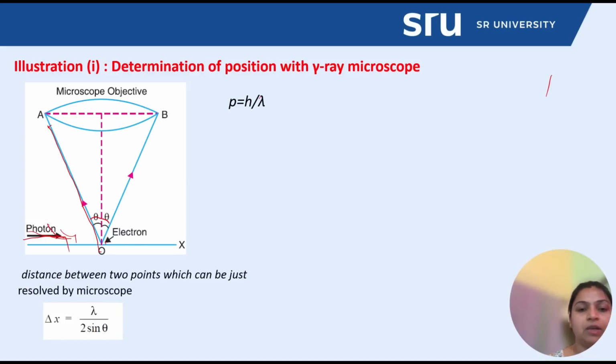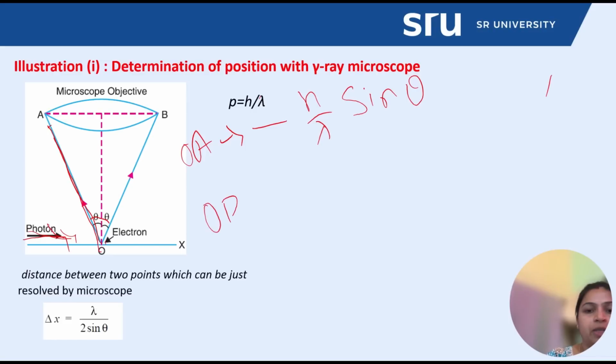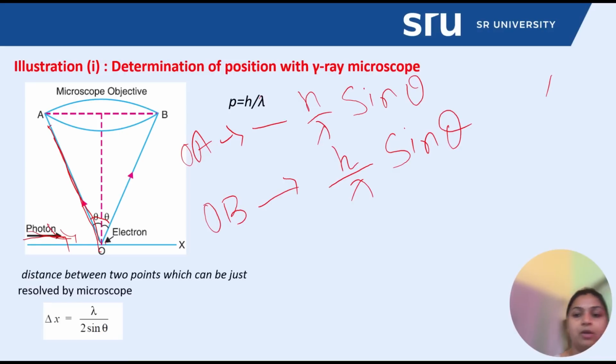Now the momentum component along this OA direction is equal to minus h by lambda into sine of theta, and the same value will be along the OB direction, h by lambda sine of theta. Hence the uncertainty of the momentum in the x direction is